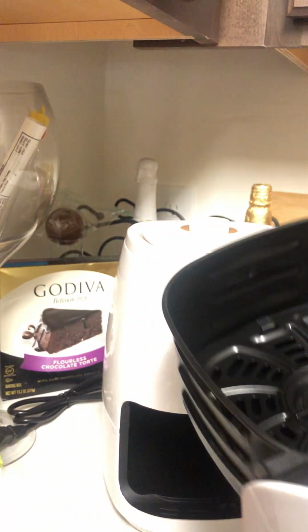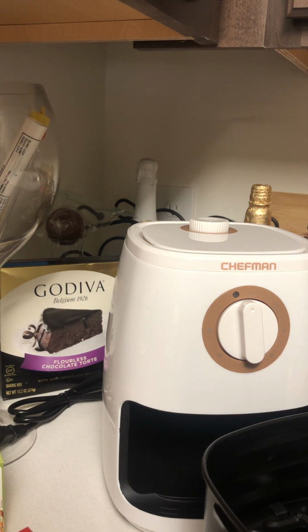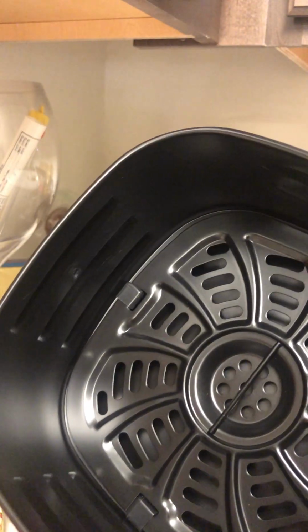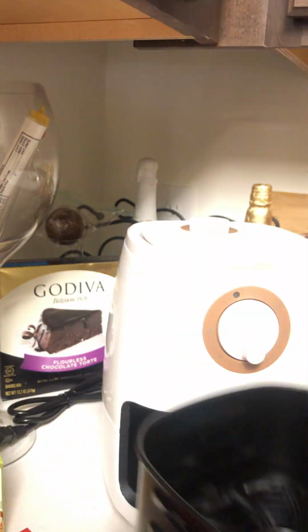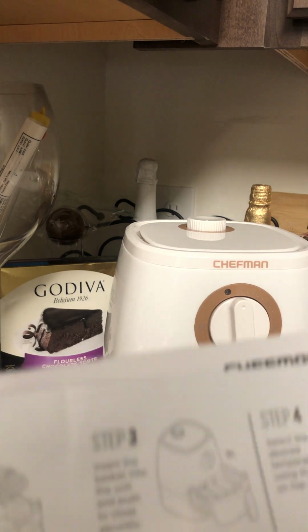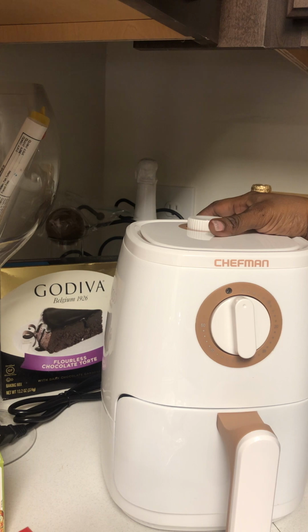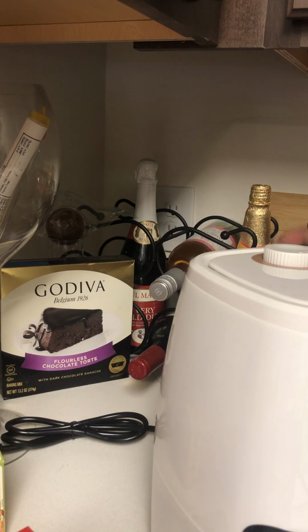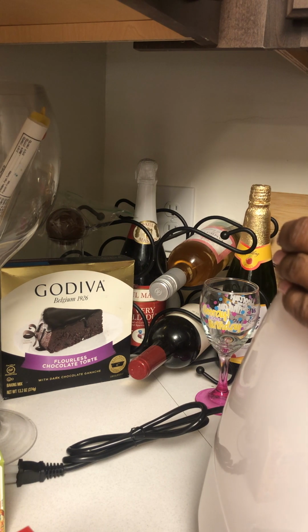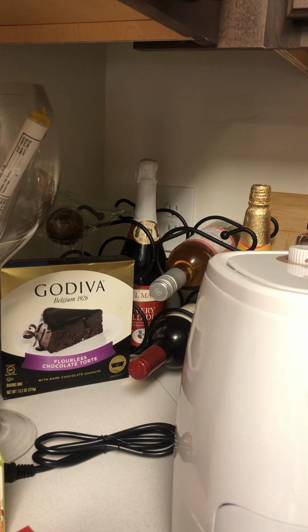Wash it before I use it, don't worry. Insert the basket into the unit and push close. So I guess you're supposed to have a little space down there in between that. And push this into there. And step 4 is select desired temperature. So what is this? Let's see. Because I've seen people baking in here. Okay, so you put it in temperature. And then